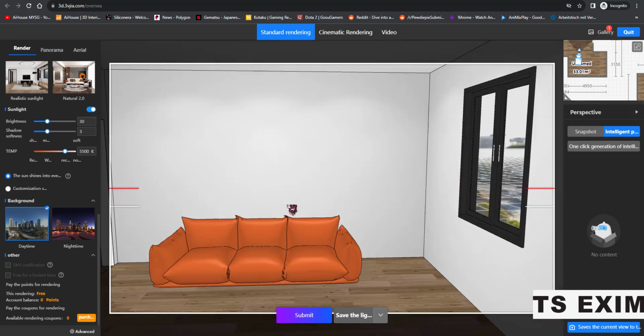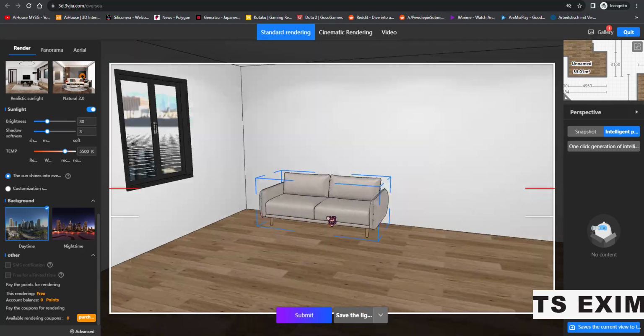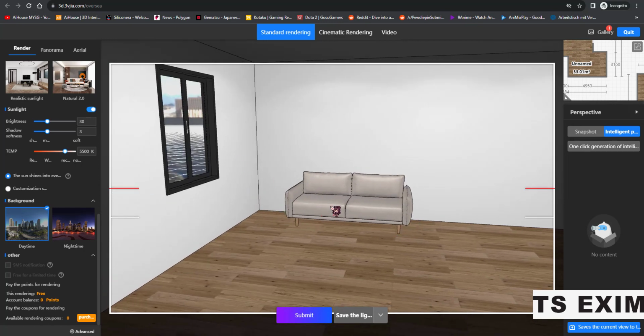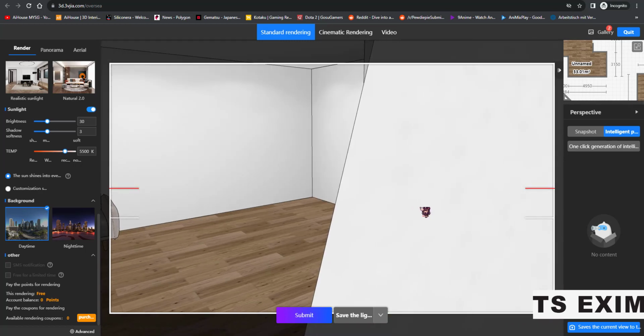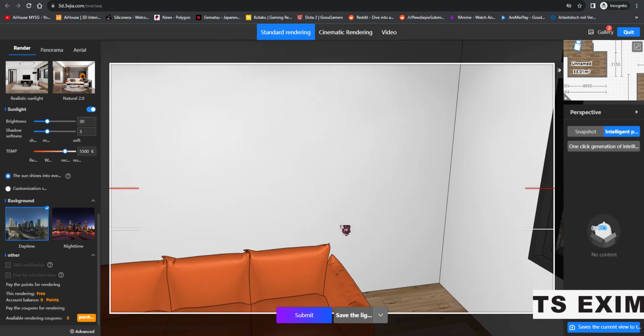Okay, this is my this side and this is my another side. Window is here and this is my furniture. When I press render, it will look something like this. Okay, let's wait into the result. All right, next we go into